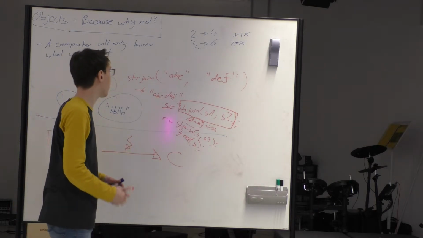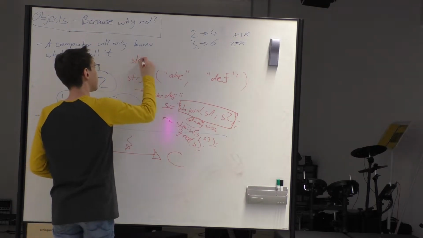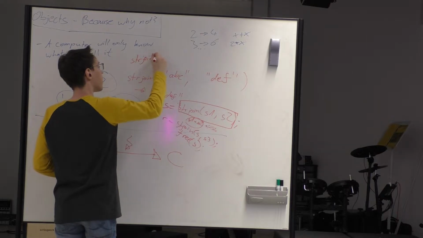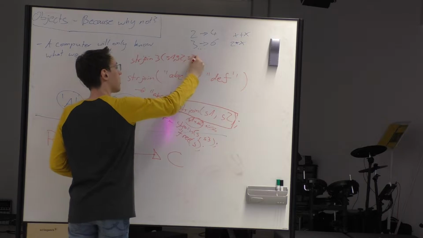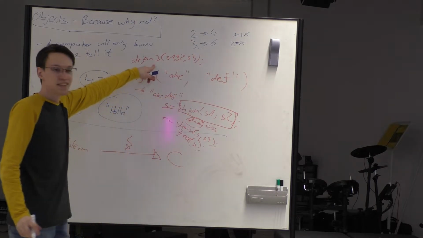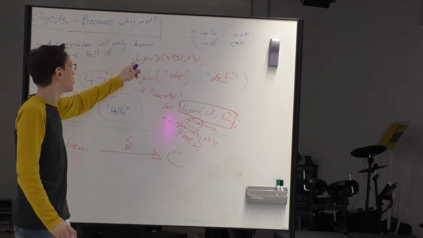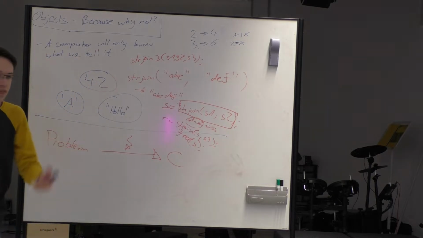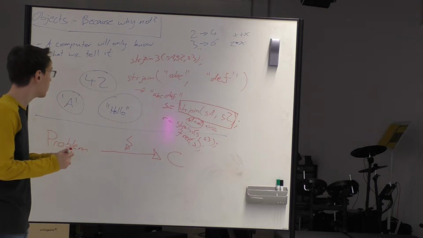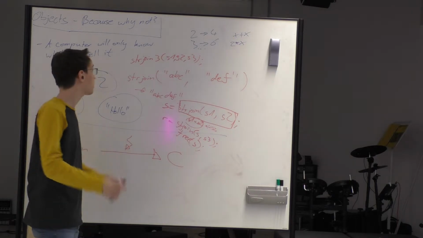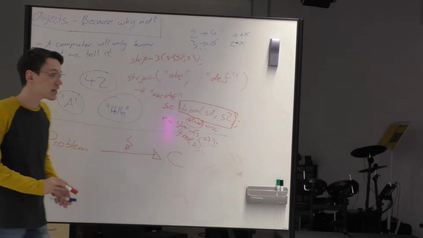An easier solution might be to write a function called str_join_3 that takes these 3 directly, but this doesn't scale. If you now want to join 4 or 5 or 6 or 7, you have to write a single function for all of these. You might want to write a macro if you are experienced that does this, but in the end, you're